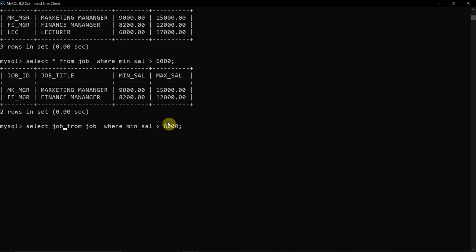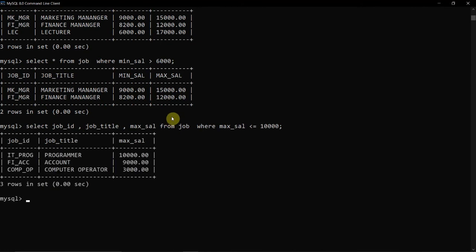So let's take it in this way. So here I have only taken these three columns, that is job ID, job title, and maximum salary. Here you can see we'll get only the three columns. The minimum salary is not shown. So this is how it works, right?